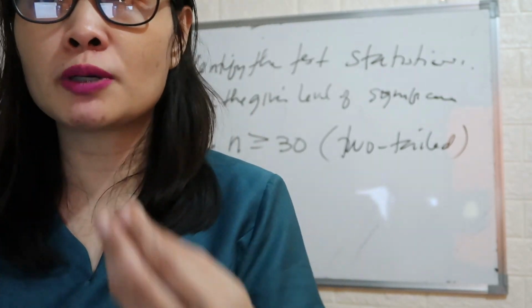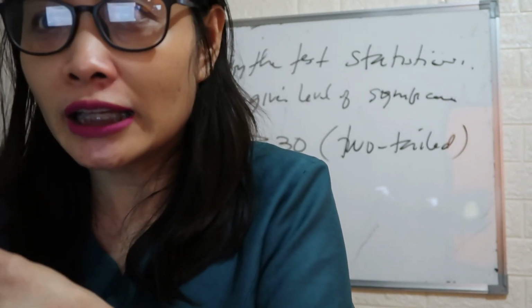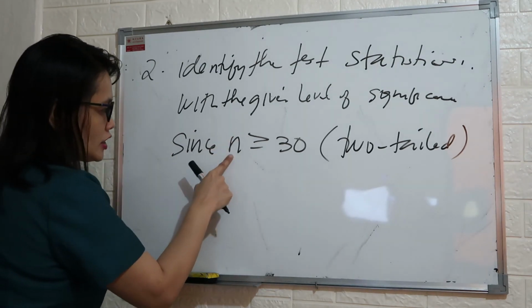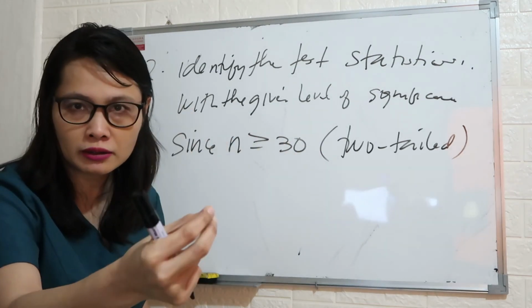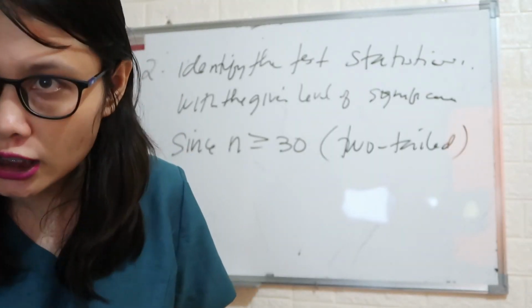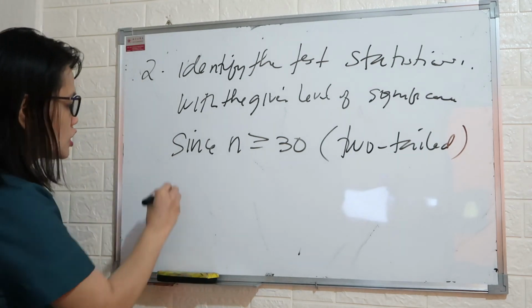Non-directional, because we're using not equal. Right? Not equal, so non-directional. Since the sample size is greater than or equal to 30, we'll be using two-tailed, according to your alternative hypothesis. It's non-directional, so two-tailed. So for the decision rule,